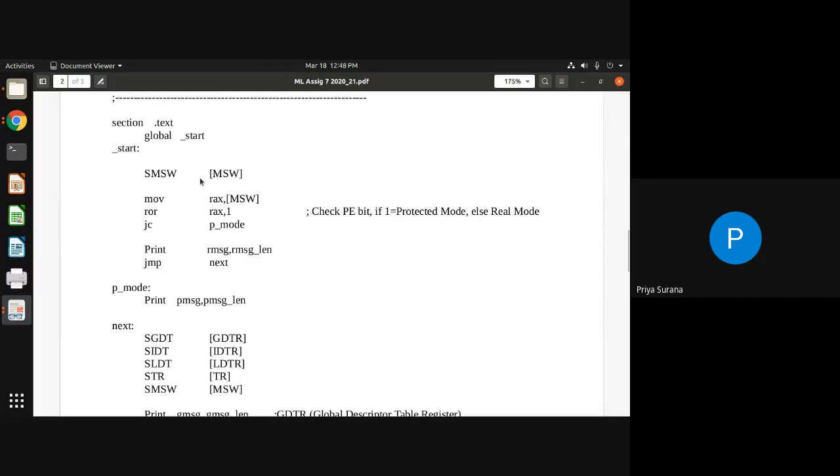Now what are we supposed to check, and why are we taking this content? Because we want to check whether the PE bit of MSW is 1 or not. If it is 1, the processor is in protected mode. We are already aware that the PE bit is the first bit, the 0th bit.